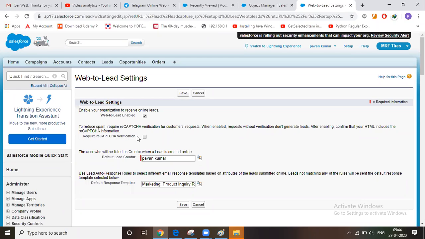After 500 onwards, it will send a mail to the owner. The owner is the person who is working on the lead object.